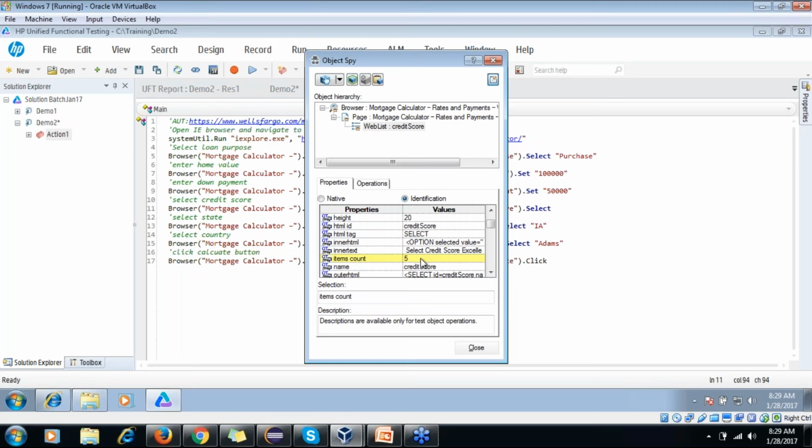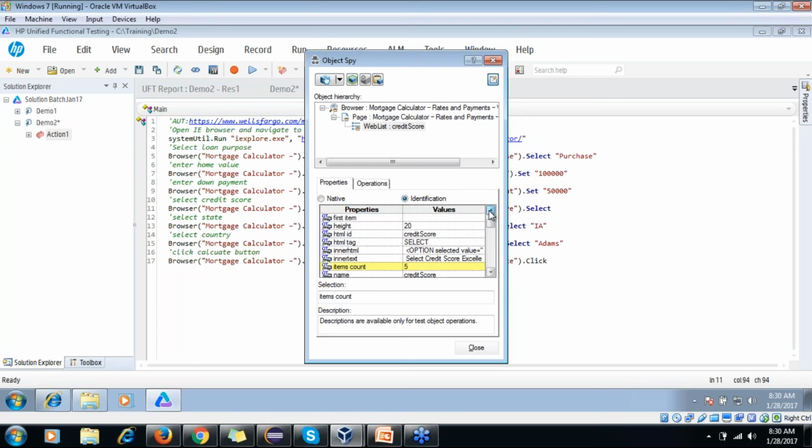So items count, there are 5 items in that. These are very important if you are going for any interview, this kind of question people ask. The interviewer will ask, suppose a select object, a drop down object has some values, how will you count, or I want all the options. Okay, so that is a different story.